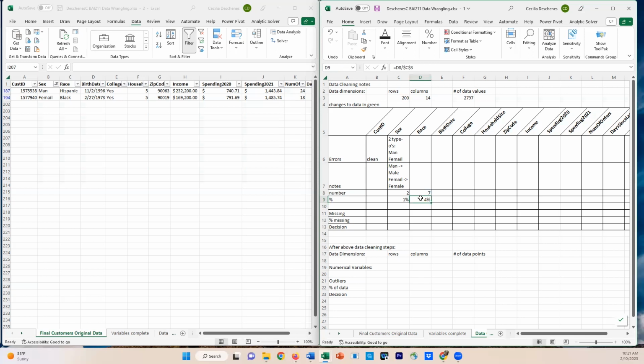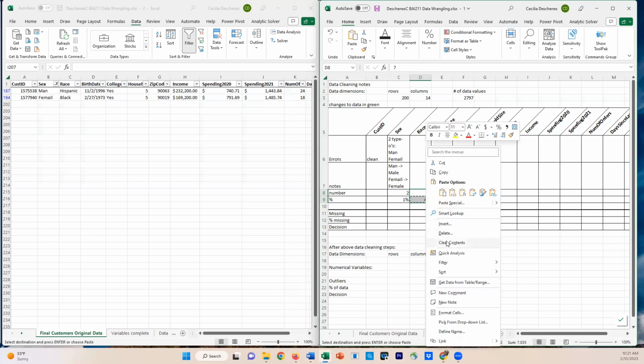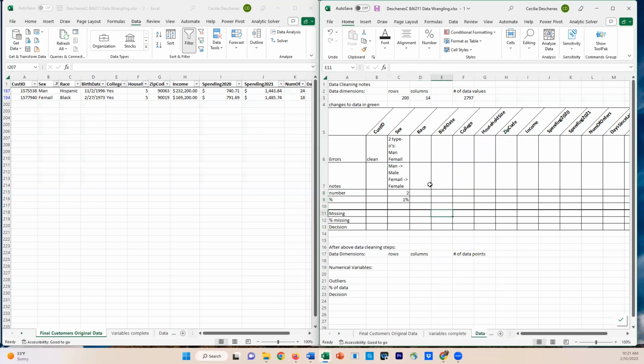Okay, and I'm going to copy that formula back over here. So now it stays as 1%. I'm going to highlight this because this was all fake anyway. I was just showing you how the formula references work, and I'm going to right click and go to clear contents. Okay. Now that we've done that, the next step is